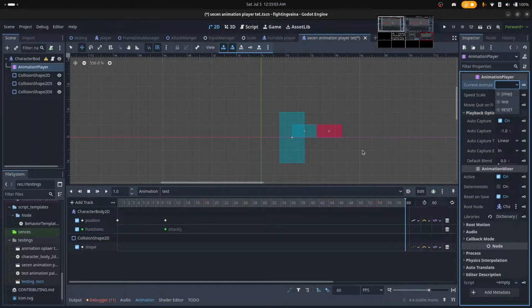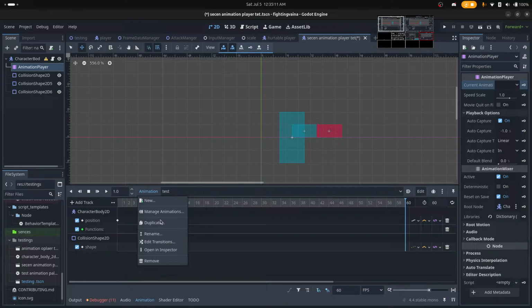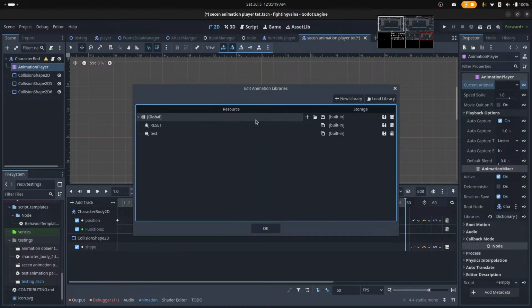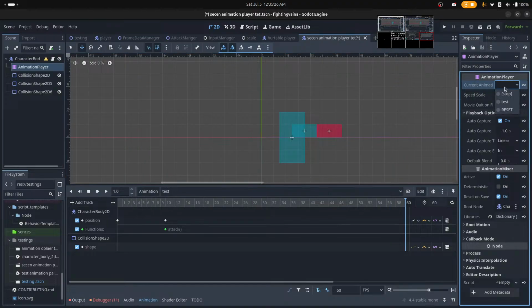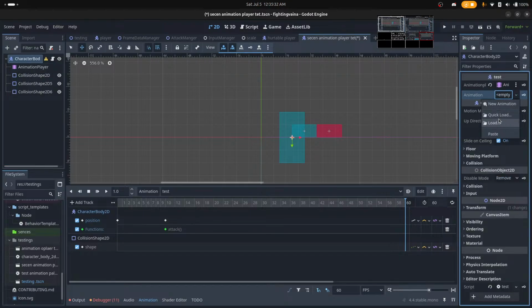So current animation and I believe play are the same thing. How do I save this animation? This animation we have made called test. Animation, manage animations, global reset test built in, copy animation to clipboard, Control V, no, okay, new, Control V, quick load,